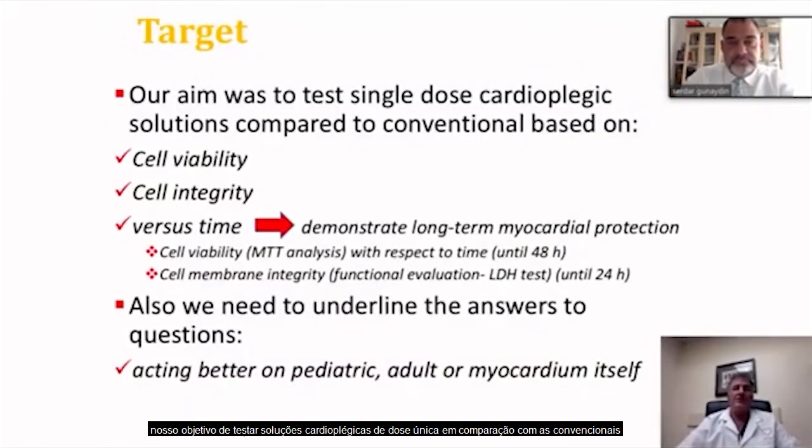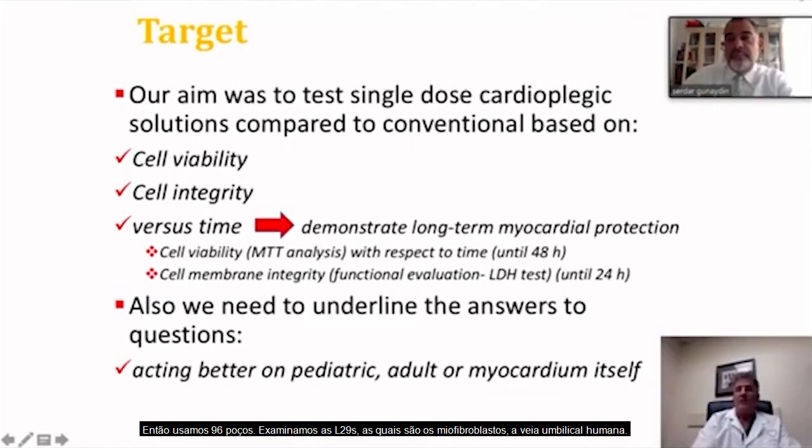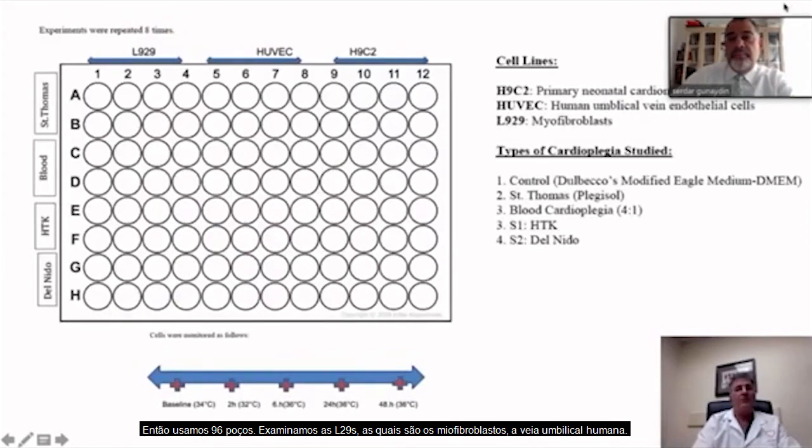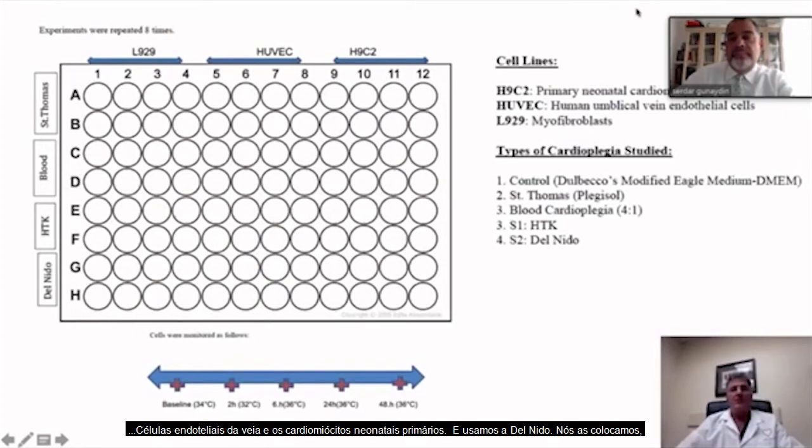In that study, our aim was to test single-dose cardioplegic solutions compared to conventional, based on cell viability and cell integrity versus time. We wanted to demonstrate long-term myocardial protection. So cell viability, MTT analysis with respect to time until 48 hours, cell membrane integrity, functional evaluation with the LDH test until 24 hours. Also, we needed to underline the answers to the questions. Is it acting better on pediatric, adult, or the myocardium itself? So we took 96 wells, right? We looked at the L929s, which were the myofibroblasts, the human umbilical vein